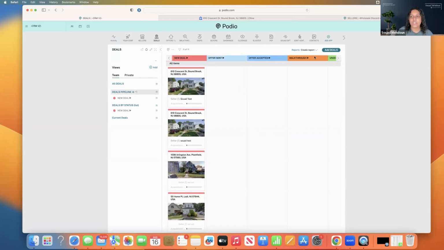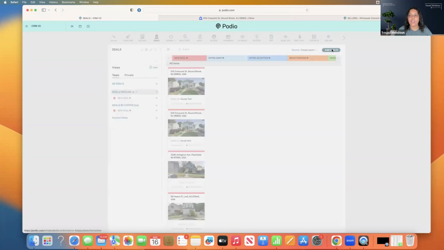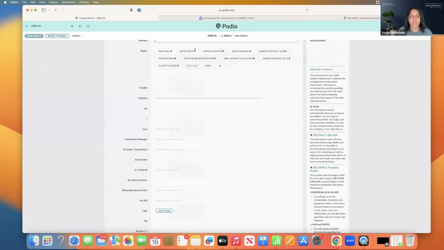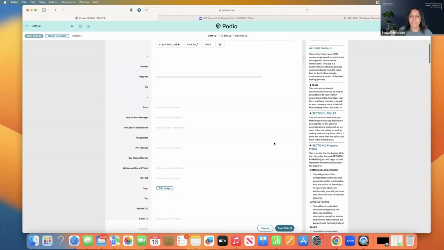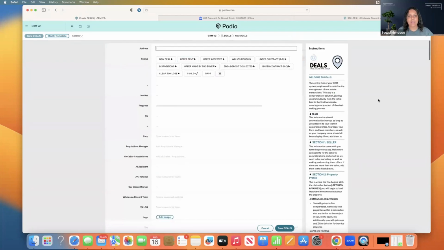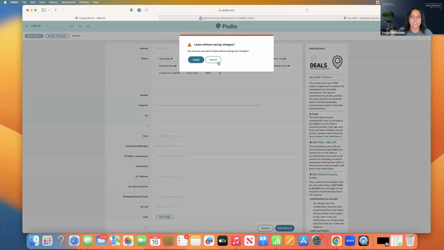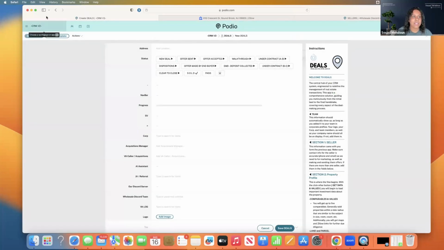Now, let's say you want to just randomly add a deal to run some comps. Maybe you found a deal online or you were driving for dollars. You can actually add a deal manually right up here. Just input the address, input the information, save the deal, and it'll do the exact same thing as we're going to do right now. So I'm going to keep going with the same deal that we did before